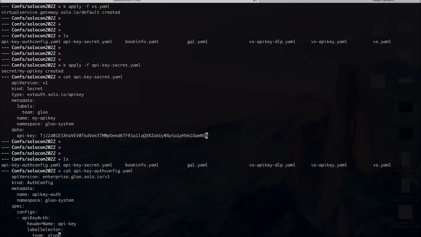You can use OIDC workflow. You can use basic auth. You can use OPA, Open Policy Agent, for auth. And you can also use your custom authentication. Let's say, use HMAC. You can definitely create your custom authentication and add it to our authentication server. Okay, so once we create the auth config,